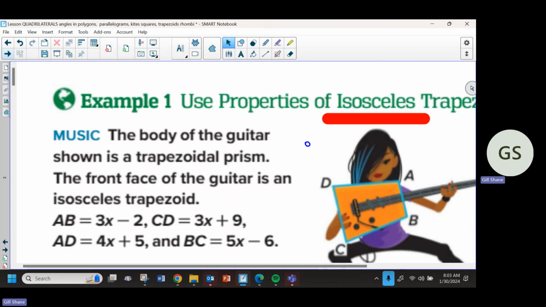Raising your hand, Rihanna, or are you fixing? So again, the legs would be the sides that are congruent. Does AB look like it's congruent to DC? Well, no, I'm asking her a question. Because again, the legs are congruent. That's the congruent side. Says the parallel sides are called the legs. Right. So